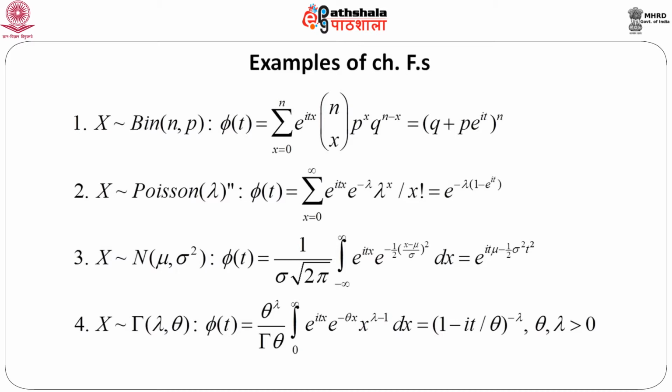And if X follows gamma with parameters lambda and theta, then phi(t) equals (1 minus i t by theta) to the power minus lambda, provided theta and lambda are greater than or equal to 0. So, these are just some examples to give you some flavor of how the characteristic function looks corresponding to a random variable. These are very standard distributions, and for those distributions we have derived the characteristic